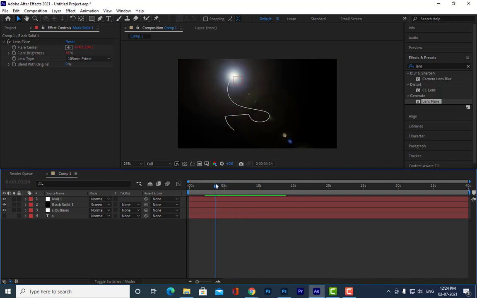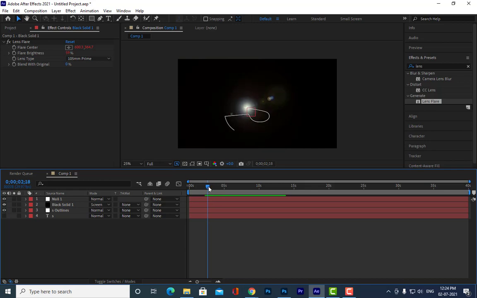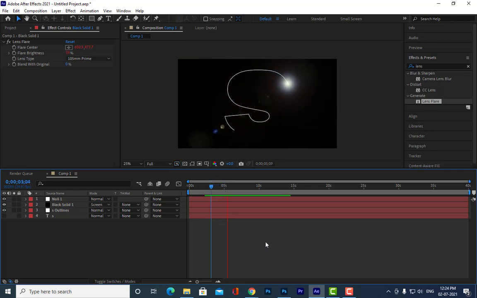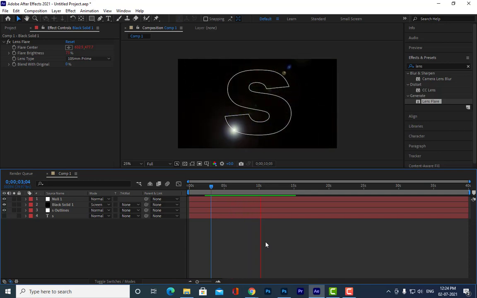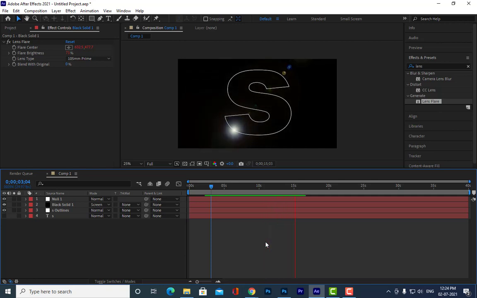We have given an expression to the brightness. That is the wiggle expression. So what will wiggle do? It will create one animation for the brightness. It is highlighted in red, which means it has an expression. You are going to get more interesting things. See how it is blinking? Normally it is not blinking, but once you gave the expression, it is blinking.